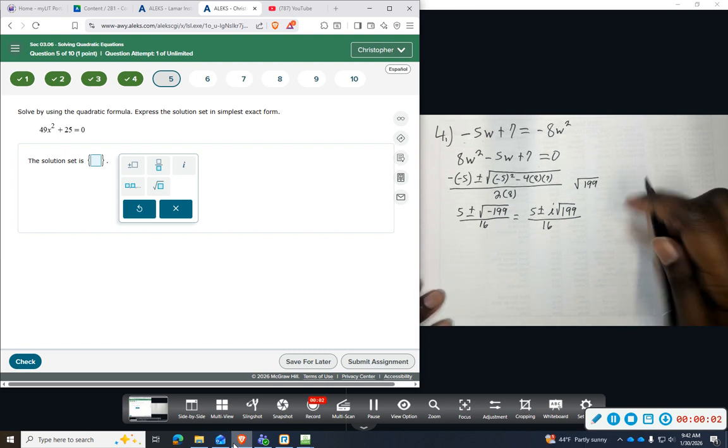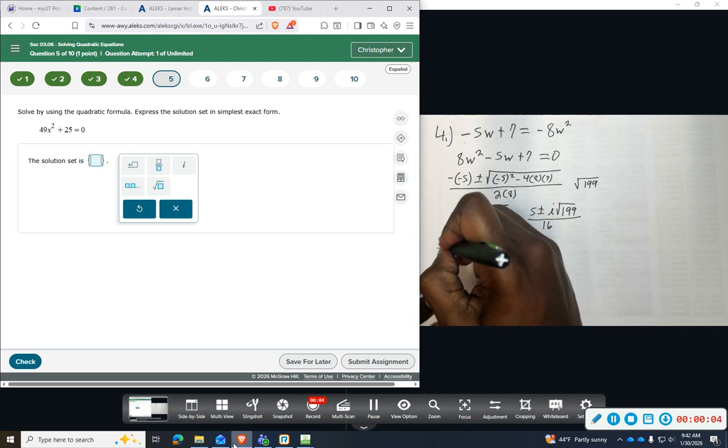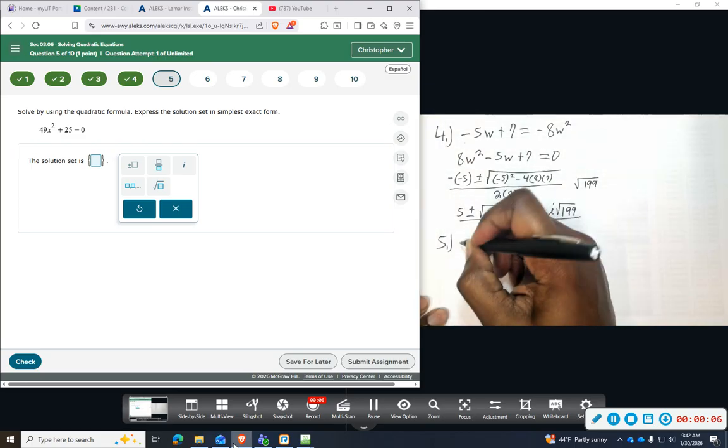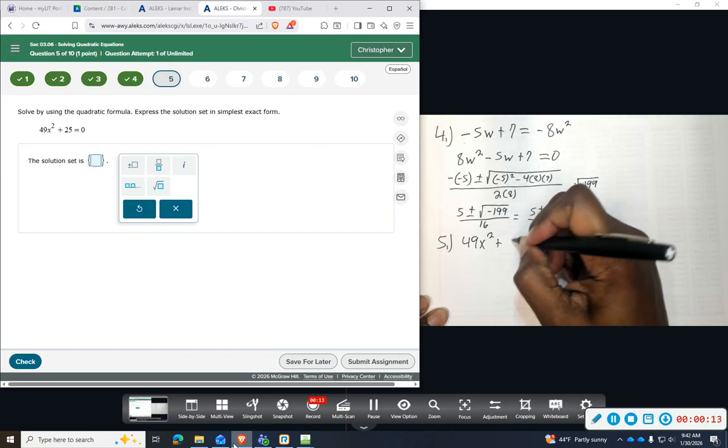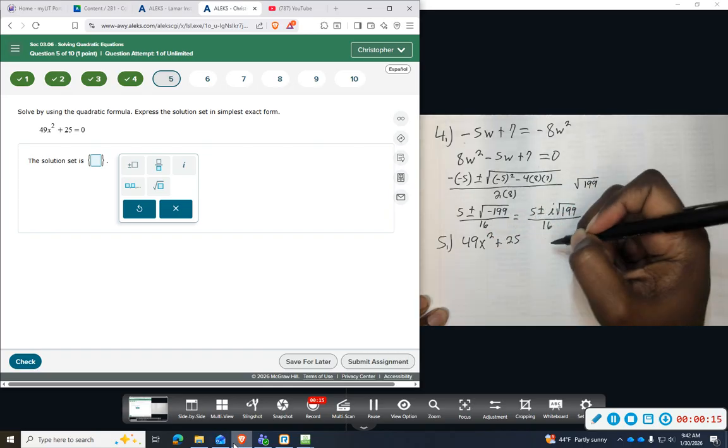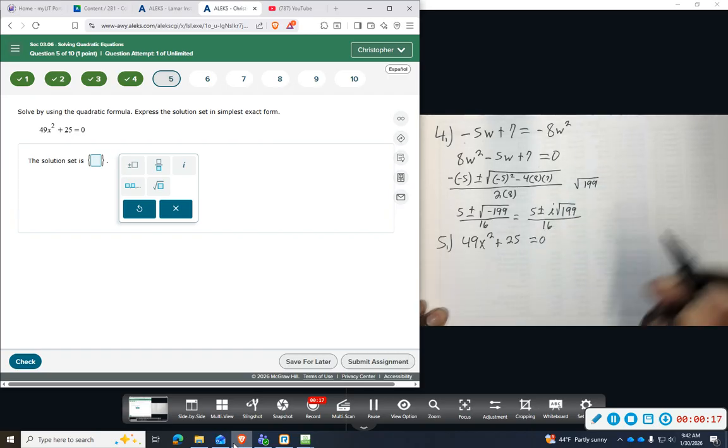All right, number 5. Have another quadratic expression, 49x squared plus 25. And they want us to solve